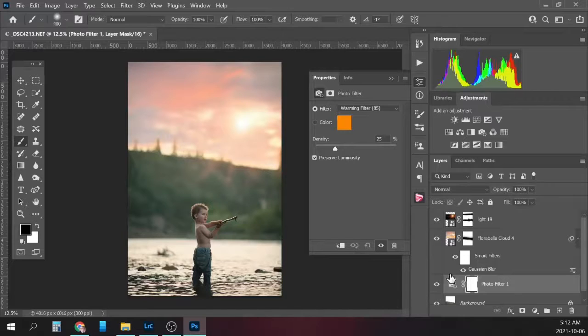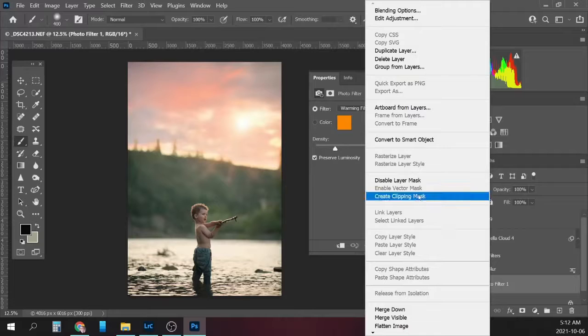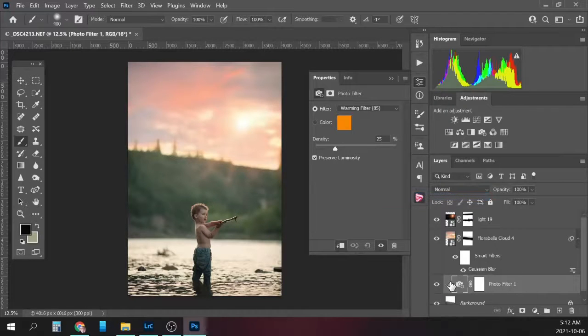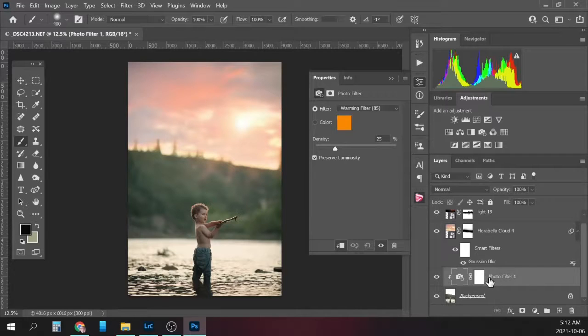So it's just going to be create a clipping mask. So if you right click and you create a clipping mask, it's going to clip this layer just to your background layer, so it's not going to accidentally affect any of the other layers. And it's just going to warm him up a little bit. And we will also